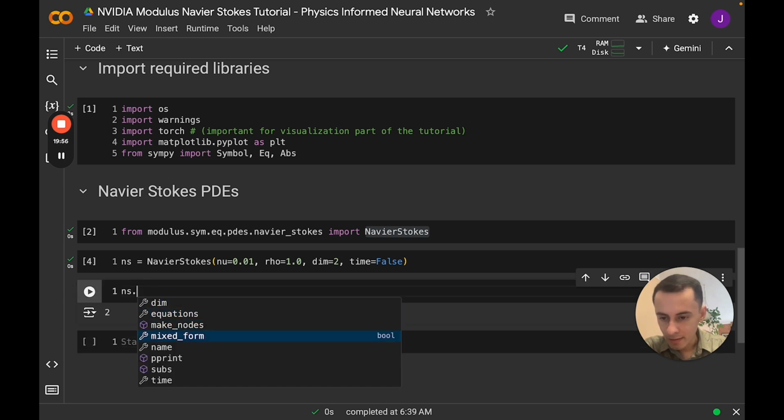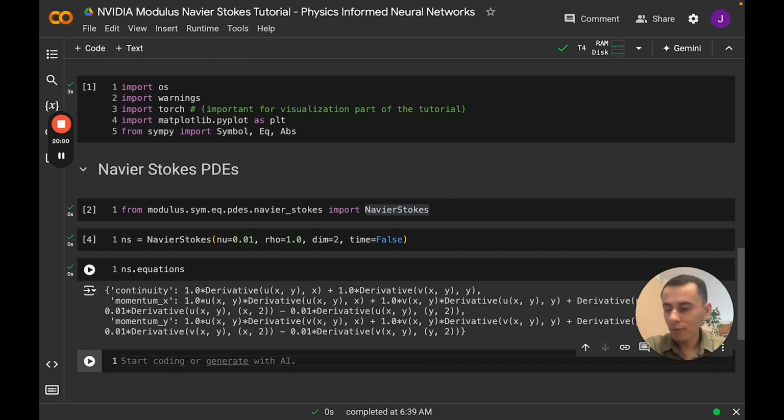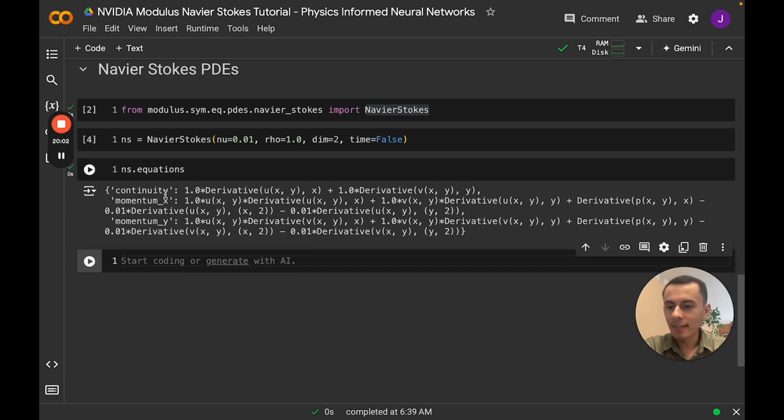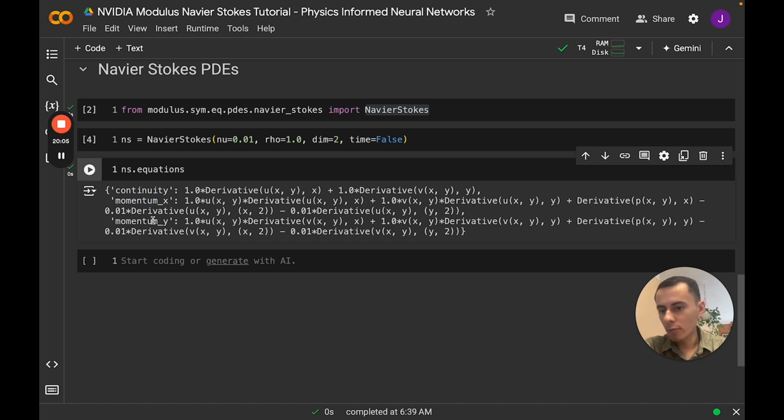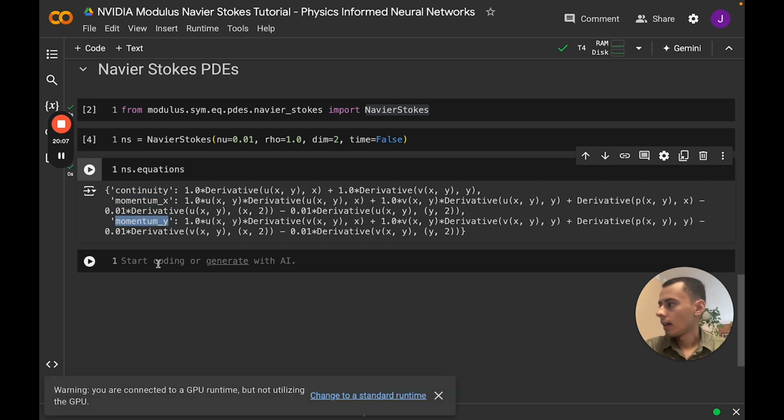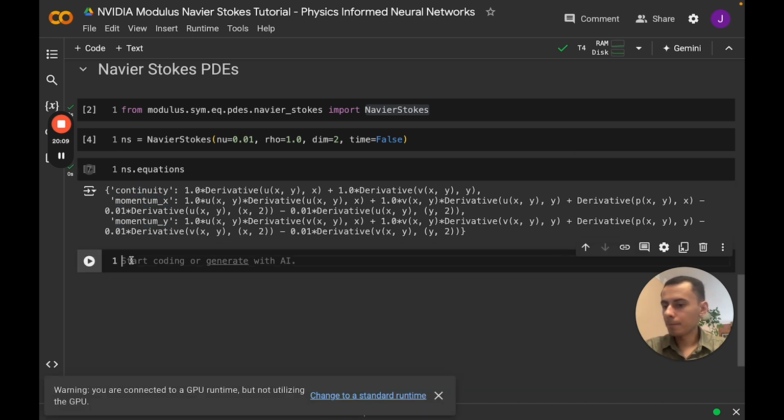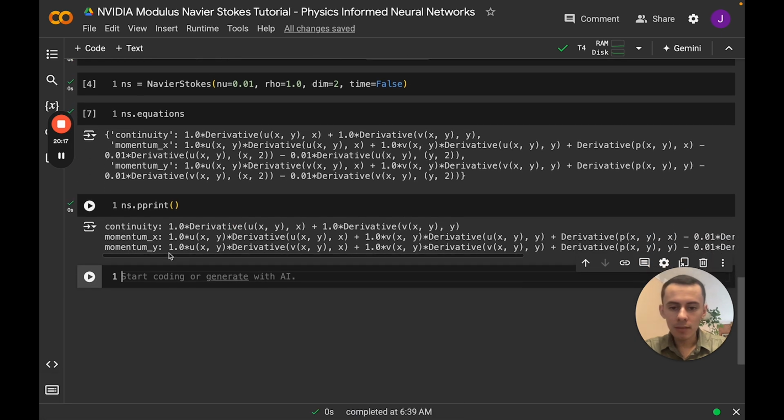Equations, that's more interesting. Well, equations is the most interesting one. So we can see that it has the continuity equation, the momentum x equation, and the momentum y equation. And we can use this way of printing it, which sort of gives you